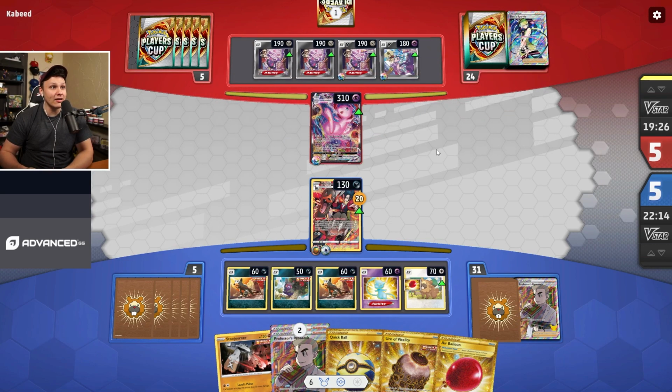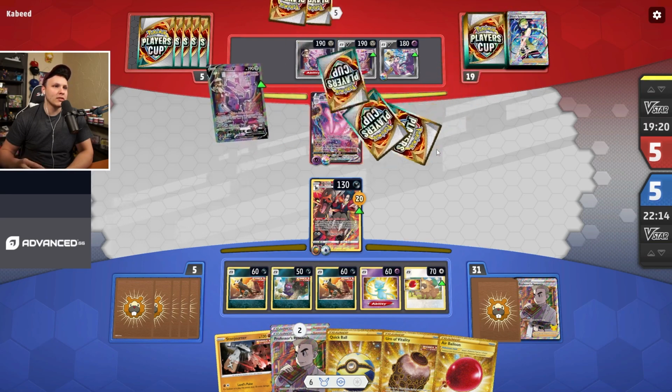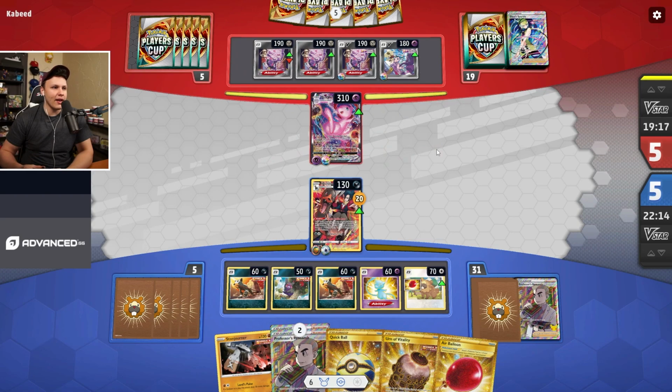And we see they even attach an energy to the Genesect. Oh, okay. I was like, oh my gosh, what? Basic Psychic to the active. Fusion Strike System. They could have left the energy in deck, I guess. They didn't have to take that. That's interesting that they actually took it. They could have also put it on the active and then put the basic Psychic energy on the bench. That's curious. They did double tablet, though, so that we know that they are...